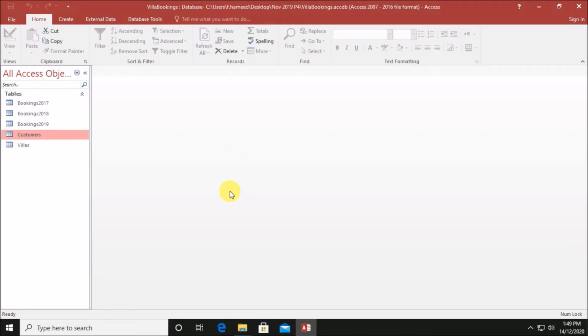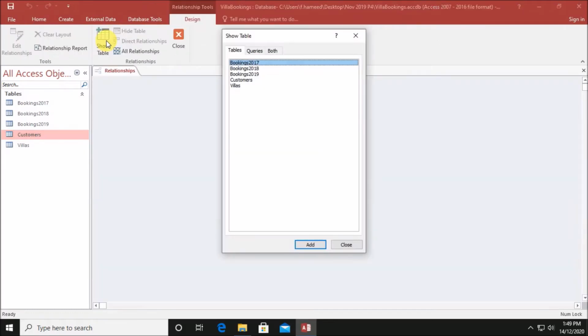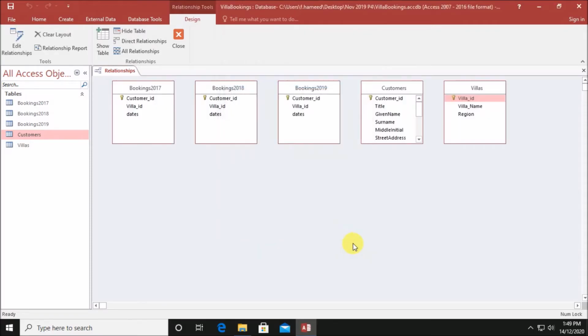Now let us create the relationships. Go to database tools, relationships, add all the tables. We can create a relation between customer ID in customers with bookings in all these 3 years, and also from villas, the villa ID can be related to the villa IDs in these 3 years.